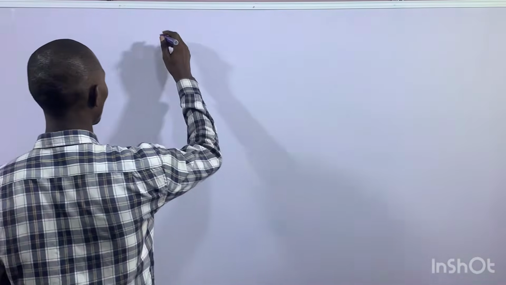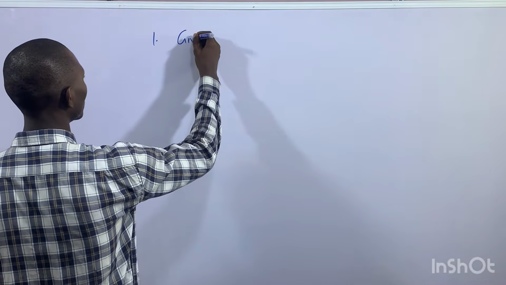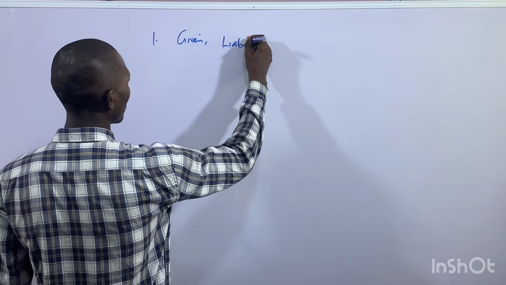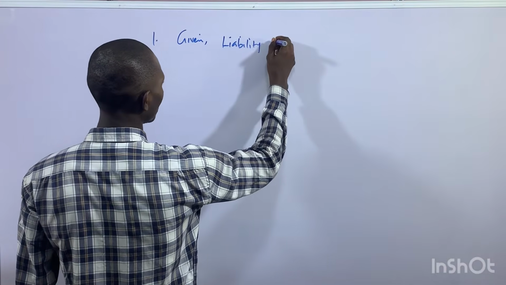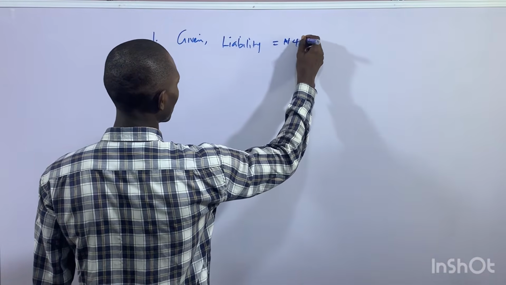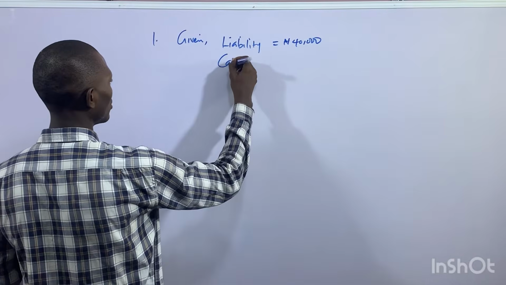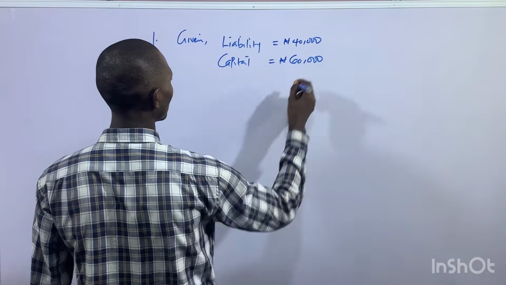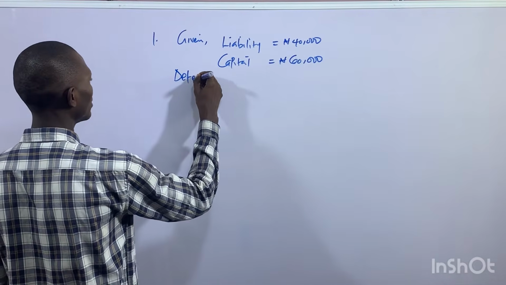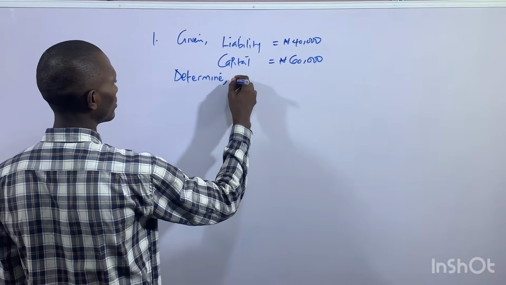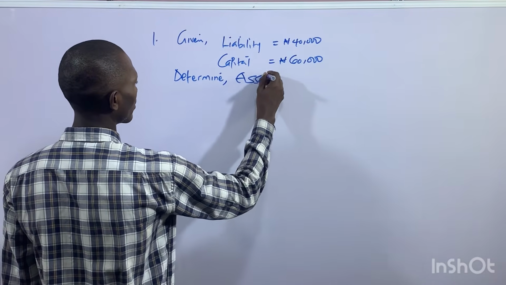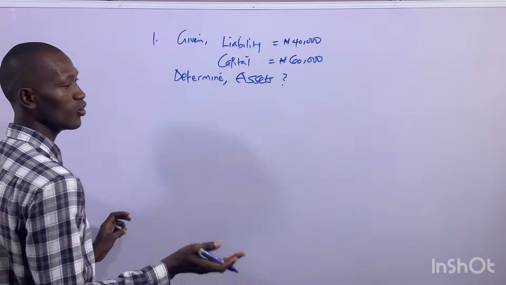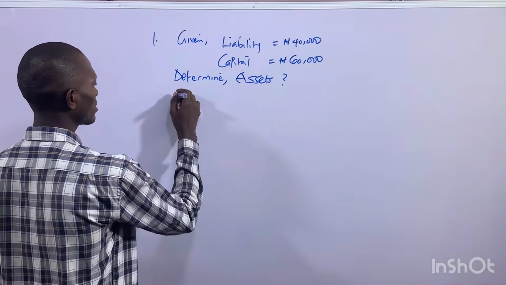So let's begin. So question one now. Given liability as 40,000 and capital to be, let's say, 60,000. So here now you have to determine assets. So to determine assets, you already know from what we stressed so far that assets